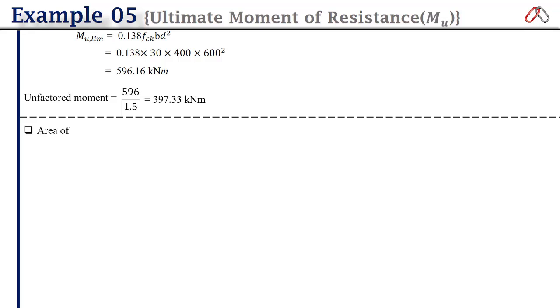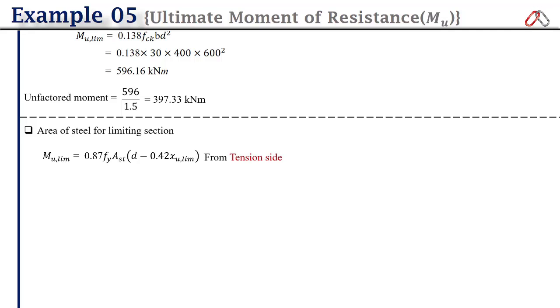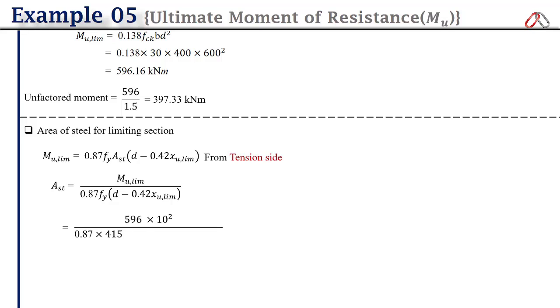So the next step in the question, they ask the area of steel for the limiting section. Here we can use the formula of Mu limiting from the tension side because we have to find the area of steel, that is 0.87 Fy AST into lever arm. So AST will be Mu limiting upon 0.87 Fy D minus 0.42 XU limiting. When you put all the values here and solve this equation, the final value of area